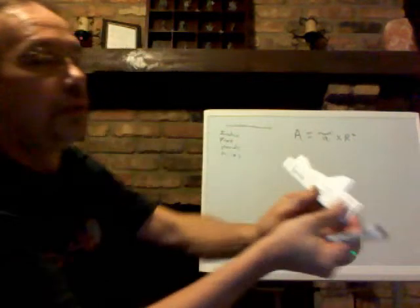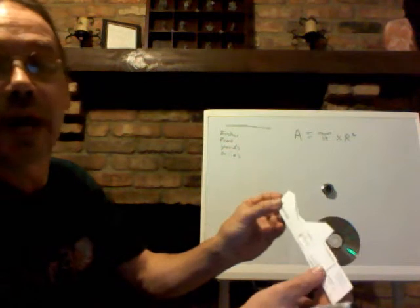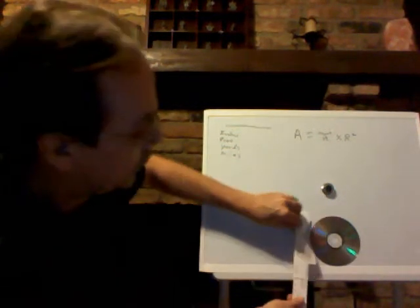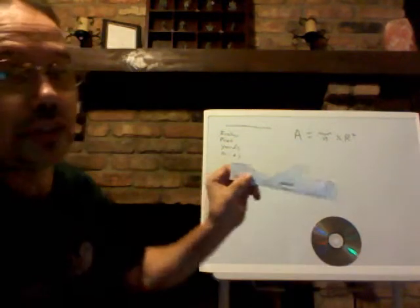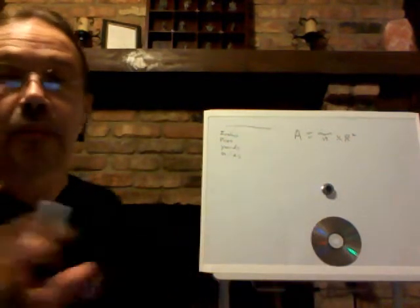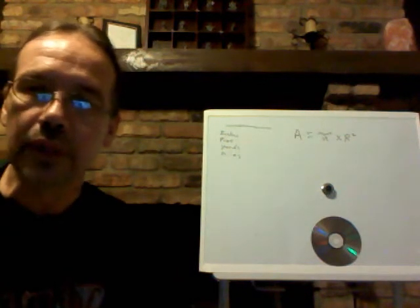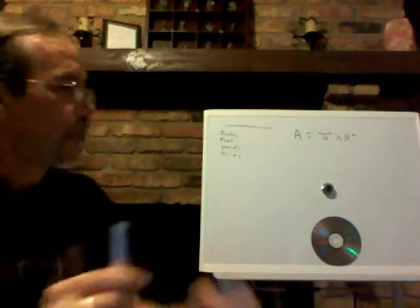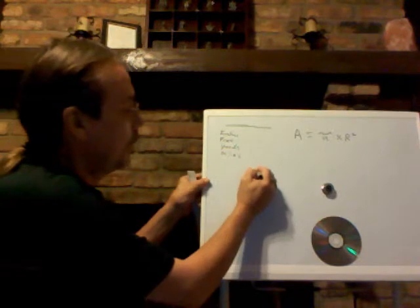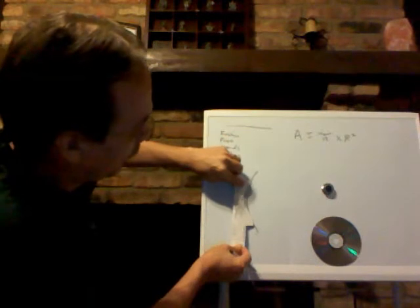Take, for instance, the radius ruler. There is a how-to video on YouTube on how to use the radius ruler. I'm going to measure this CD, and I'm going to tell you 2.5 inches is really close. I'm not a math person. Stan's the math person, but ever since I've been working with him with the radius ruler, I perceive my environment a lot differently. Take, for instance, this curve, the learning curve, and I'm going to measure that curve, which is